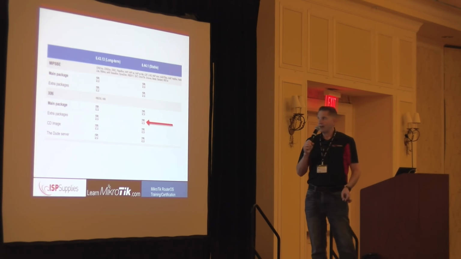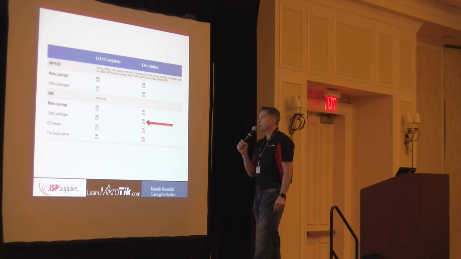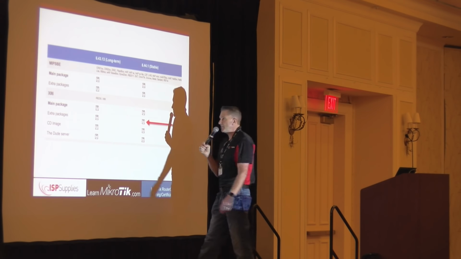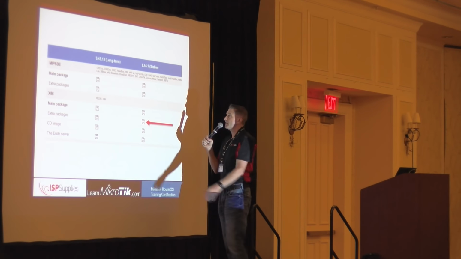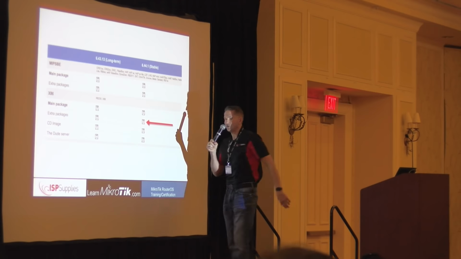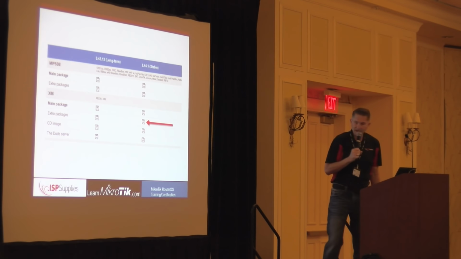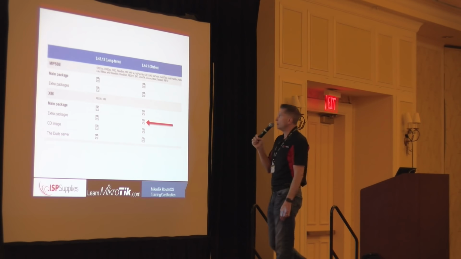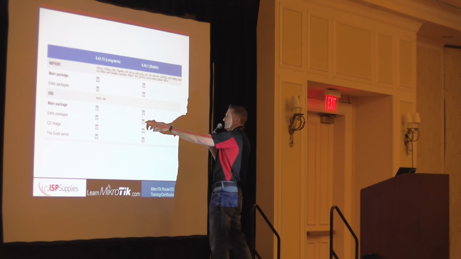If you want to add an optional package, you'll do it from the MikroTik webpage, click the software link, and then go down and find the architecture of the board that you're working on. Sometimes that takes a little time. You have to look through a lot of things in very small type, but you'll find it there. You're going to pick the particular version that you want to download, either the long-term or the stable version, and then you click the download to download the extra packages.